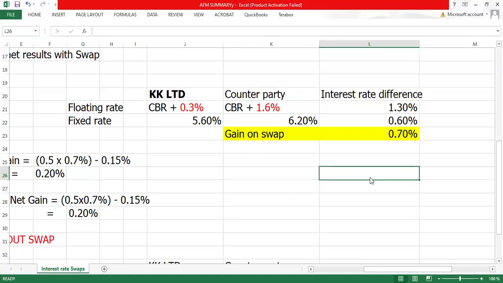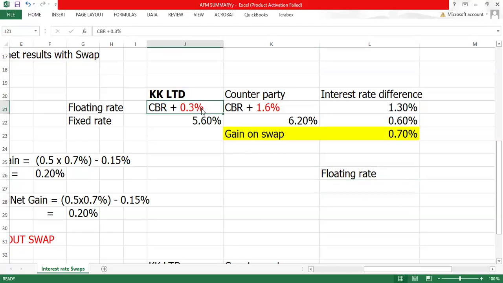So when you observe, it benefits when it is paying floating rate because it pays less. Here it is paying 0.3, but the other counterparty is paying 1.6. So number one, you have observed that it benefits when it is paying